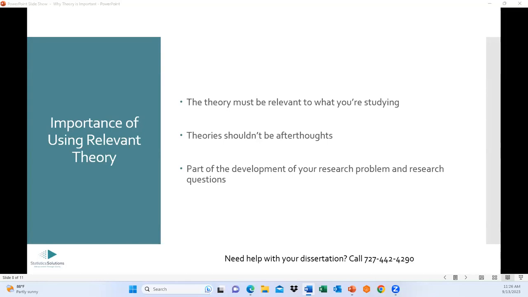If you're going with Herzberg's motivation theory, external factors, internal factors, you would use an instrument that measures internal factors and external factors. If you're going to use expectancy theory that has those three other components, you would use an instrument that would measure those three components. So that's how, especially for quantitative studies, the theories and the instruments and the research questions line up.